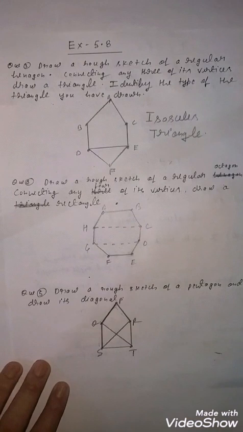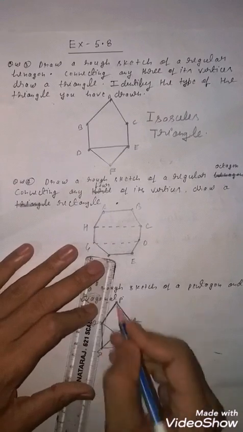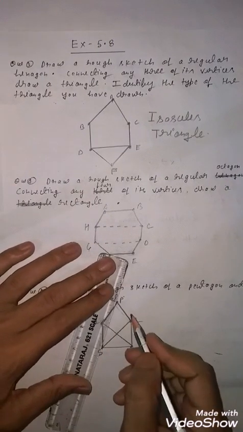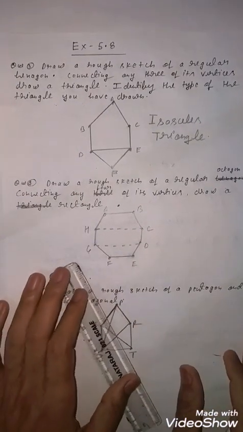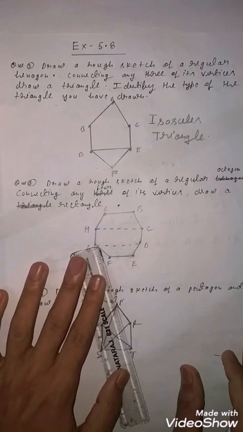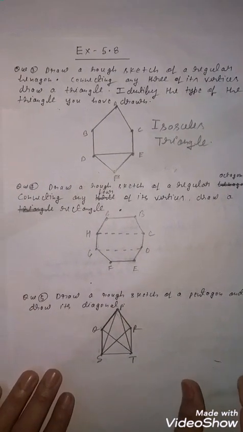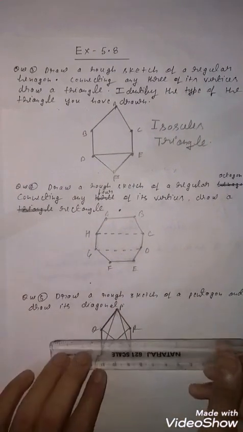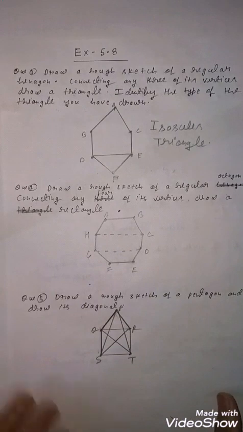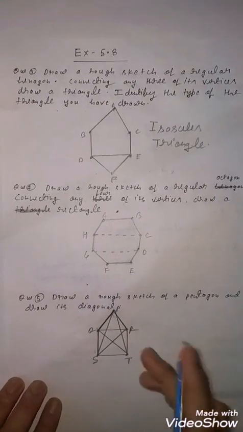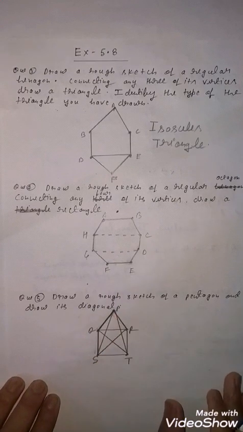This one is also vertices. So now again how you will join? This and this also you will join. So here you will join. T and P also you will join. So here you will join T and P. Clear, students? So this type of structure you will form. Again you will join what? One is left, Q and R. So Q and R also you will join. Clear, students? So this is your what? This is your pentagon and you join all the diagonals. Clear, students? So by this you can solve this question.